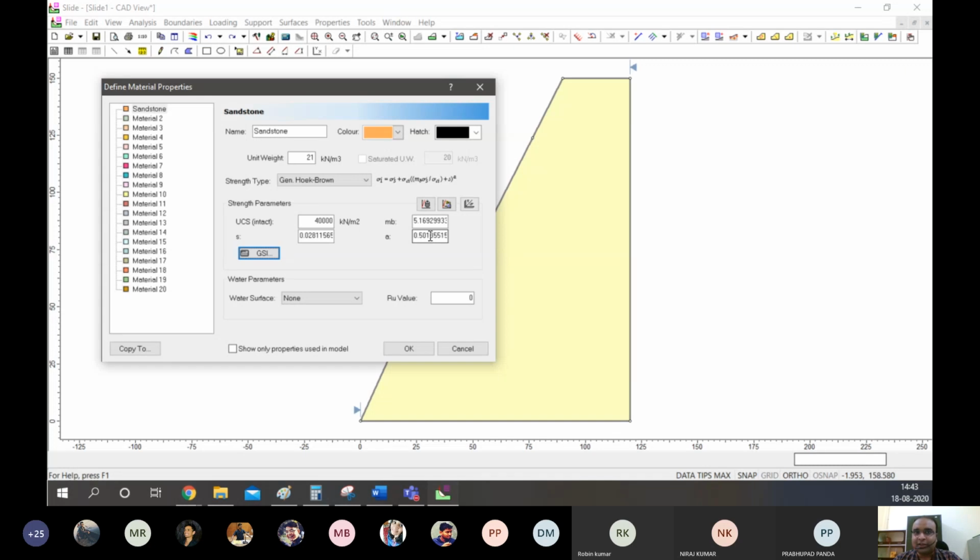So if we see that in the field there is a start of failure that is happening, like the rocks are starting to fall or there is a movement that can be seen, or something on those lines. So if that is the condition and in our simulation we get a factor of safety of 5.8, that doesn't make sense, right? Because in the field we are seeing that the stability is not that good.